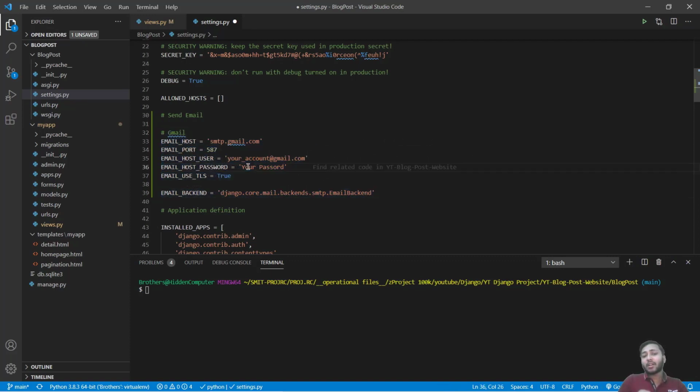But when we are developing a program, it's not required that you always use Gmail. That's why Django provides us the console backend. What it means is that you can send email directly to your console. Okay, let's use that.